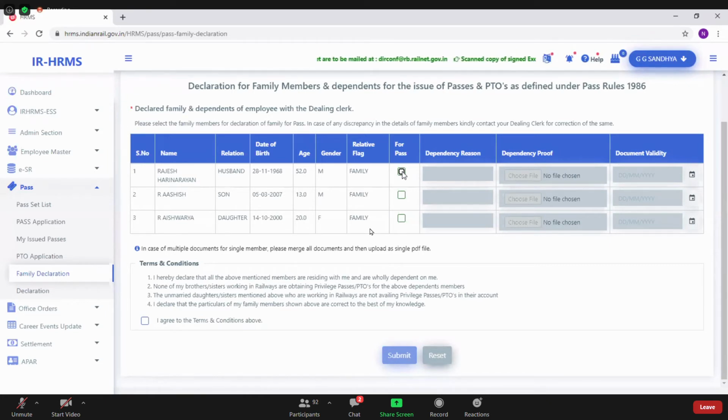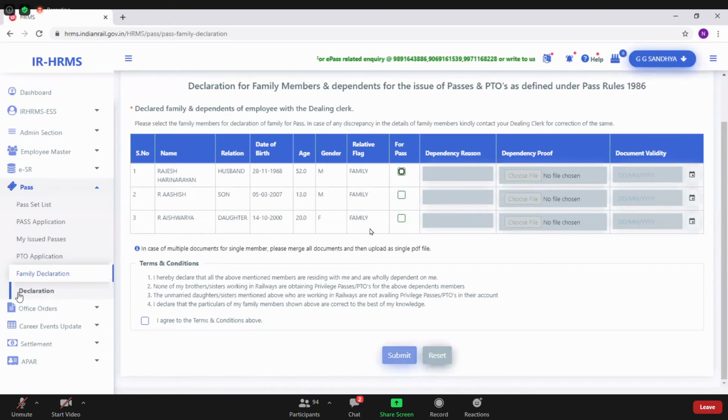Initially, the pass clerk ensures that the manual entries, whatever passes you have taken this financial year, are entered in the pass module form. The manual passes which you have taken earlier, he will ensure those are entered. I'll show you in his pass clerk login also how he does it. So initially from the employee side, I am showing you. These are all the particulars to be ensured. Once he submits and accepts, immediately you will get a message on your mobile phone that the family declaration has been accepted.